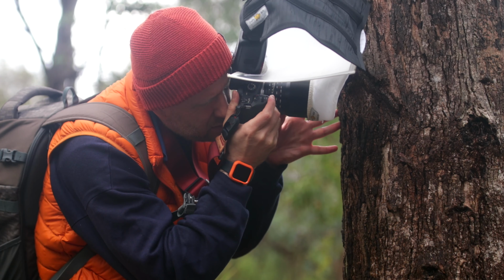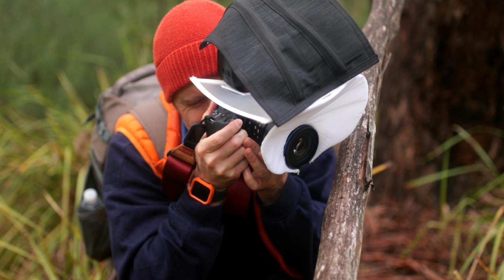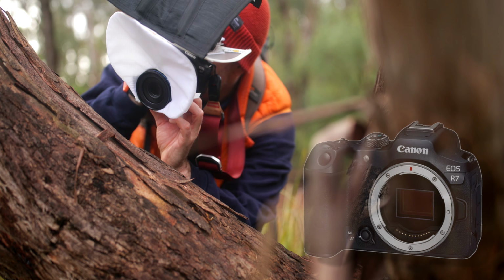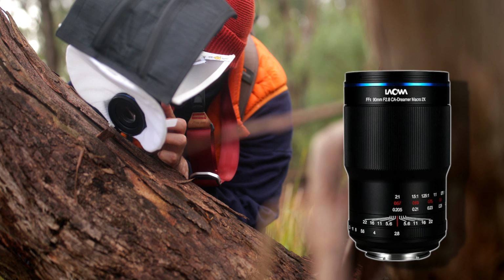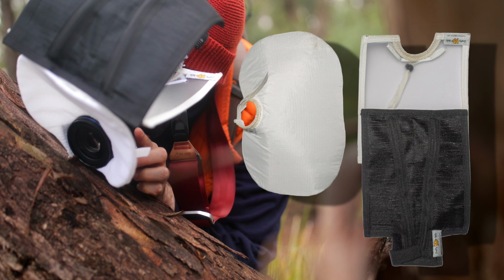One of the huge advantages of doing macro is that you can do it virtually anywhere. I have brought this up numerous times, but I think it's definitely one of its key strengths compared to other genres in photography. In this compilation that I'm about to show you, all of the images were taken with my Canon R7, the Laowa 90mm ultra macro lens that's capable of shooting up to 2x magnification. For lighting, I used my EX2 RT flash, and I also had a diffusion reflector kit attached to soften the